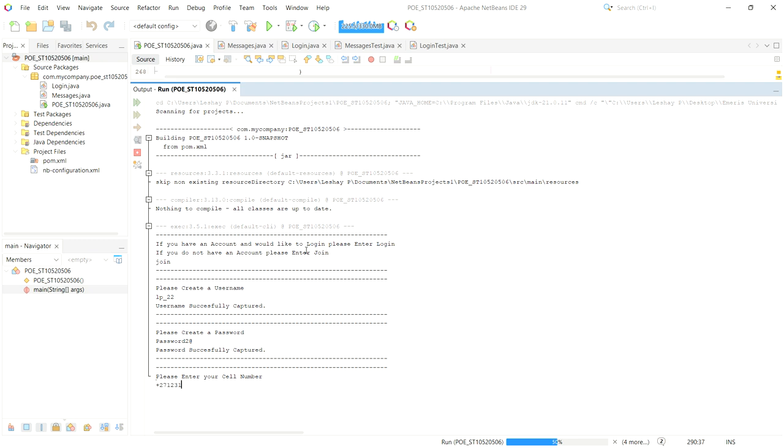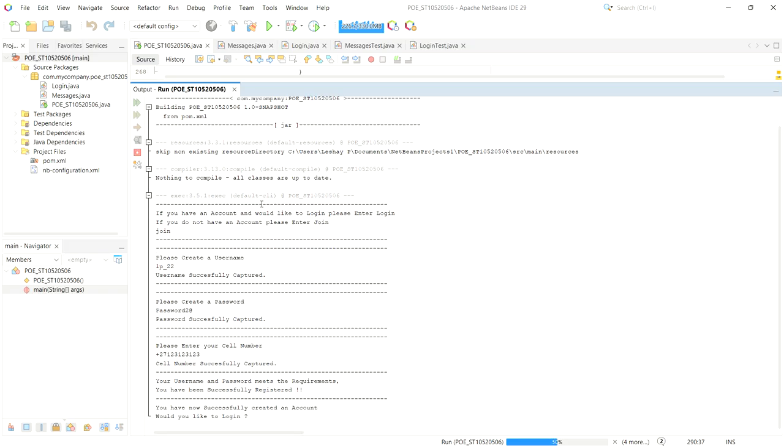Here you can see we're just entering a number in. That's correct. All of the information that we've entered is correct. It says we meet the requirements and we have successfully been registered. Now we are seeing the part 2 portion of our code, where we are actually using the login application. So yes, we would like to log in,